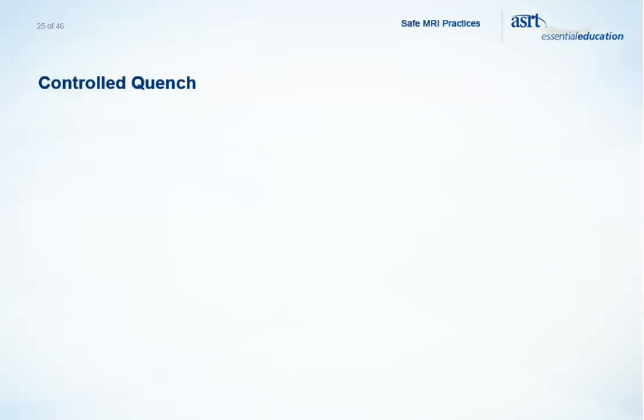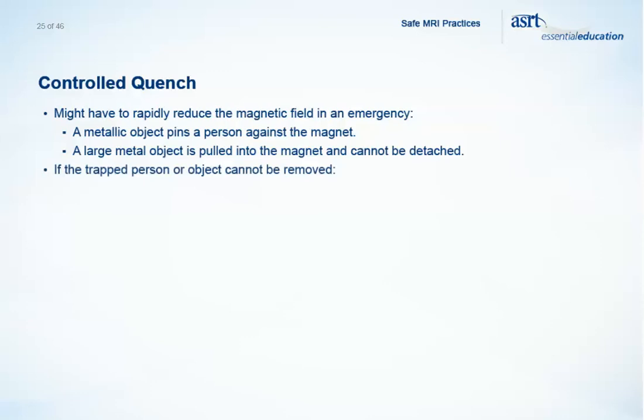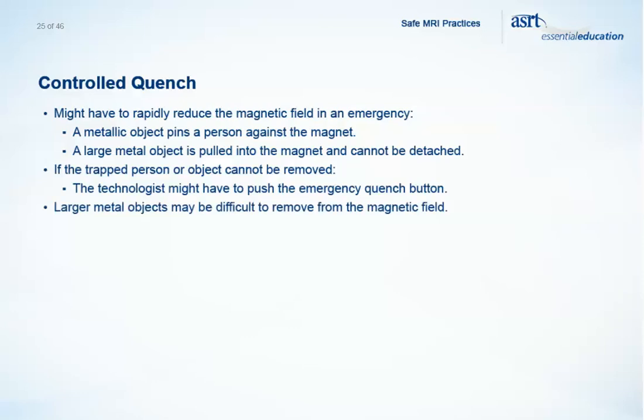In a controlled quench, the MR technologist might have to rapidly reduce the magnetic field in response to an emergency situation. An example is when a metallic object physically pins a person against the magnet, or when a large metal object, such as an oxygen tank, floor buffer, or stretcher, is pulled into the magnet and cannot be detached. If the trapped person or object cannot be removed, the MR technologist may have to start a quench by pushing the emergency quench button. Larger metal objects have greater magnetic force and may be difficult to remove from the magnetic